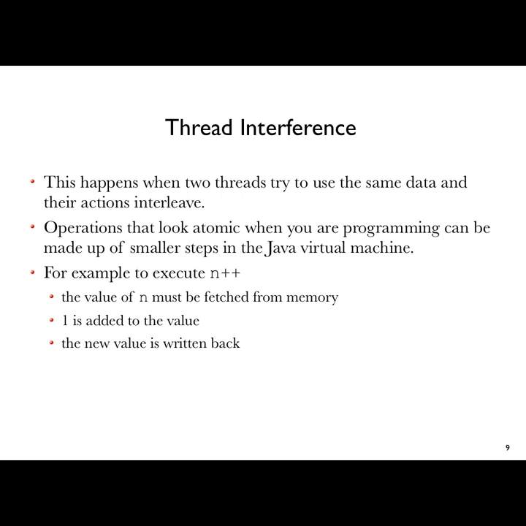The next thing that happens is not going to happen until that fetch, modify, write little cycle has happened. So we can be confident when we use this value of n down here that